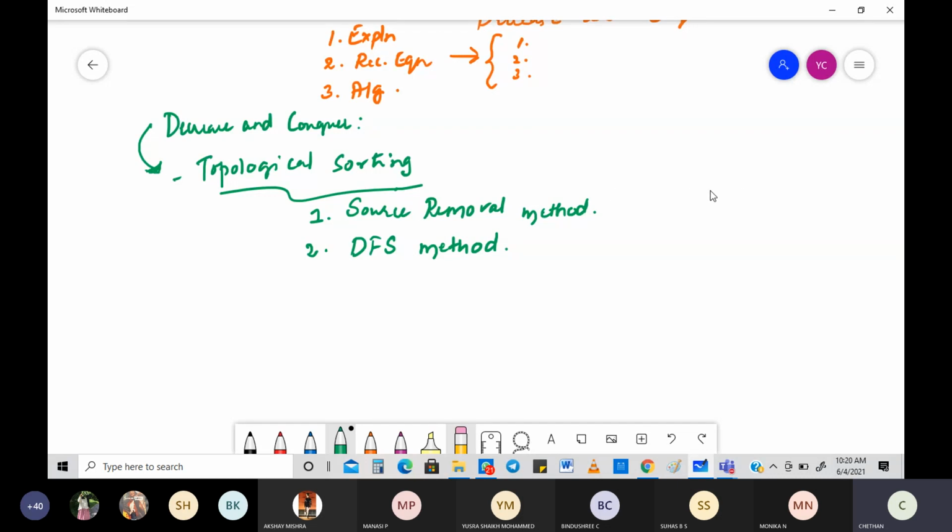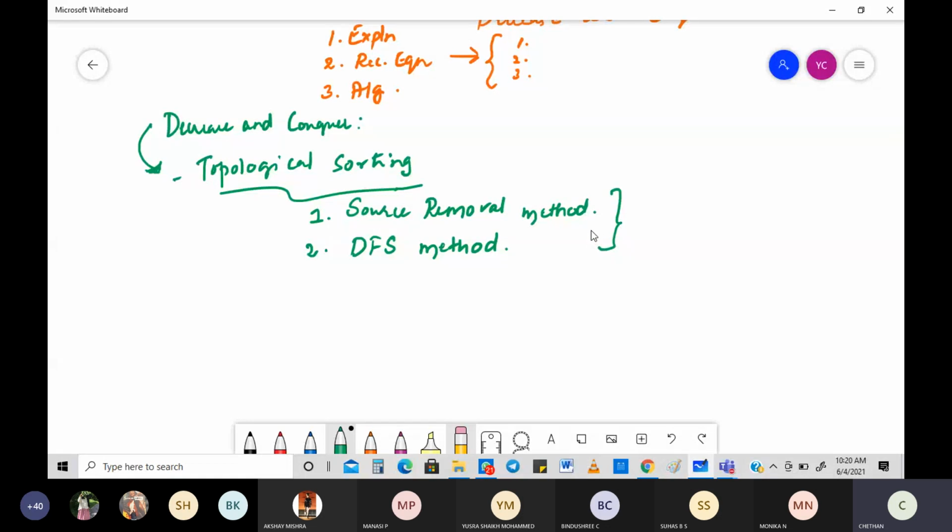They clearly don't mention decrease and conquer, you need to learn more. So we only saw all those three. Okay, then we are going to look into topological sorting, the last topic of it. These are the two strategies or the two techniques to be followed. To do this, first of all, you need to know what topological sorting is. That's what we are going to look at here.